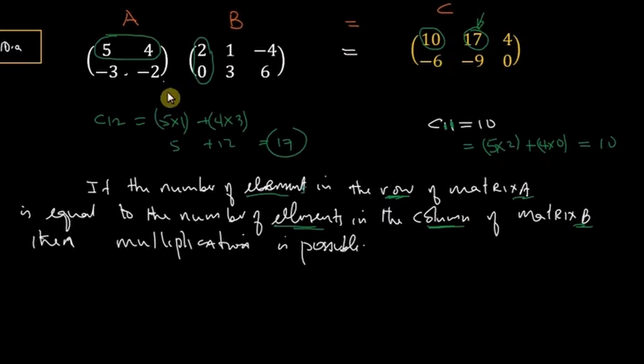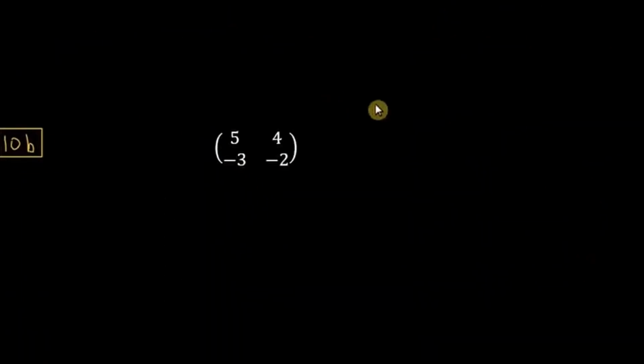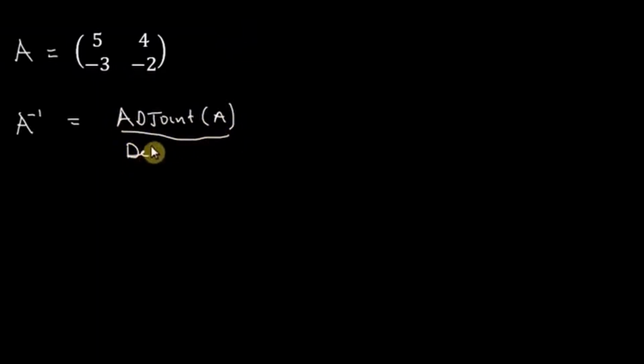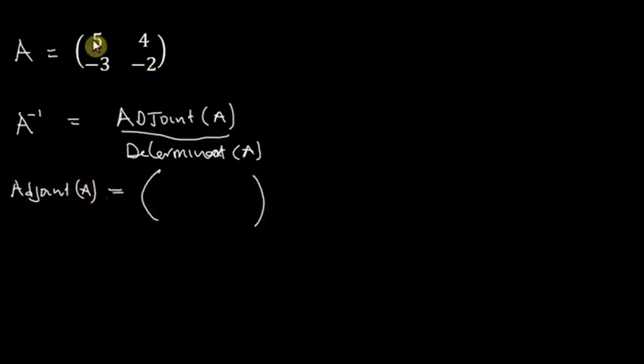Okay, so let's move on to the final part of this matrix exercise. So in 10b, we're asked to find the inverse of this matrix, which is equal to the adjoint of the matrix A divided by the determinant of the matrix A, where the adjoint of A is simply found by interchanging these two, which means swap them around. So 2 goes here, 5 goes down here, so it's negative 2 and 5, and then you reverse the sign of these non-leading diagonal elements. So this would be negative 4, reverse the sign of this one, it becomes positive 3,